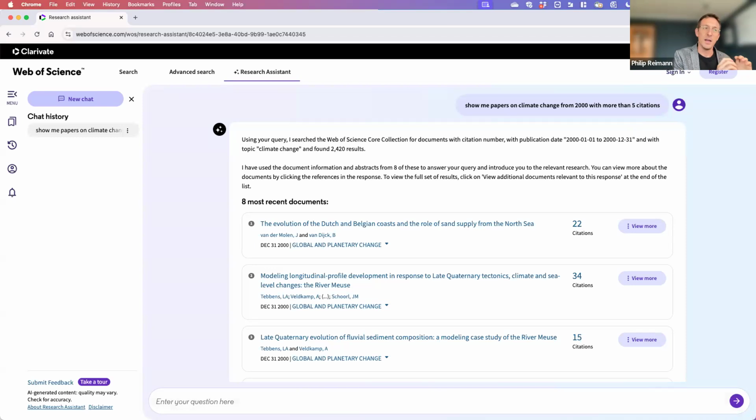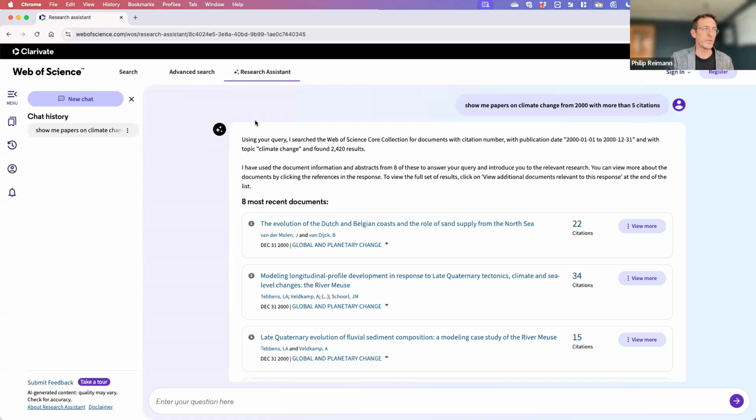So here it's taken that, understood the types of things that I'm then interested in, and then turned that into a full depth search of the Web of Science core collection, spanning up to 120 years worth of research. And one of the key things, again, as Fran mentioned earlier, around that idea of flipping the script on AI and some of the concerns that researchers and institutions are currently grappling with, is that we want to be as transparent as possible about how this is working,